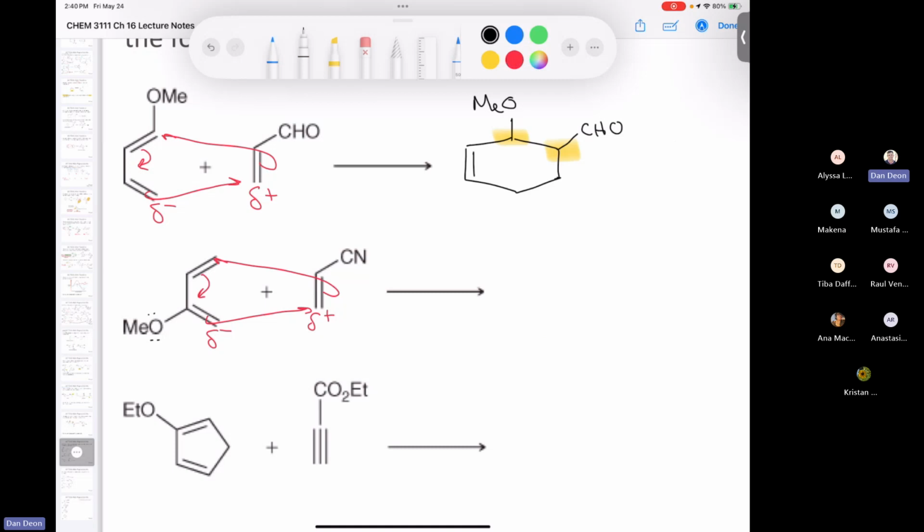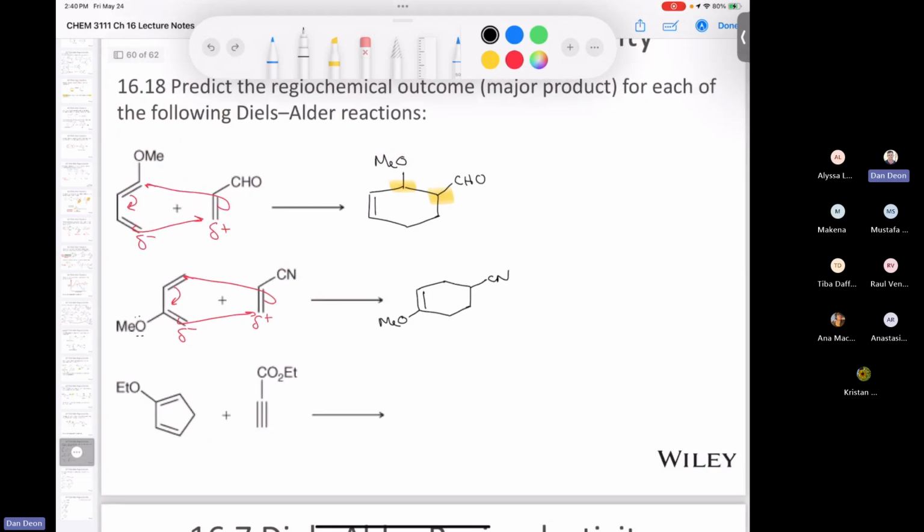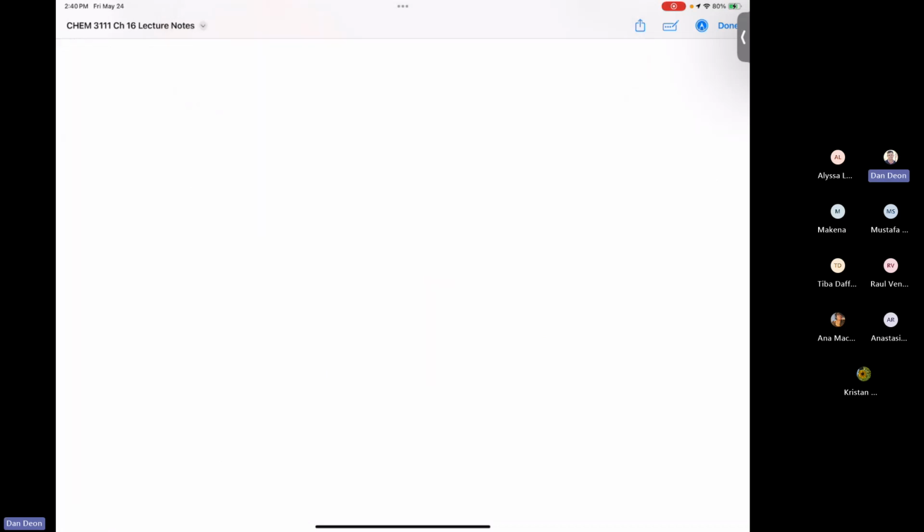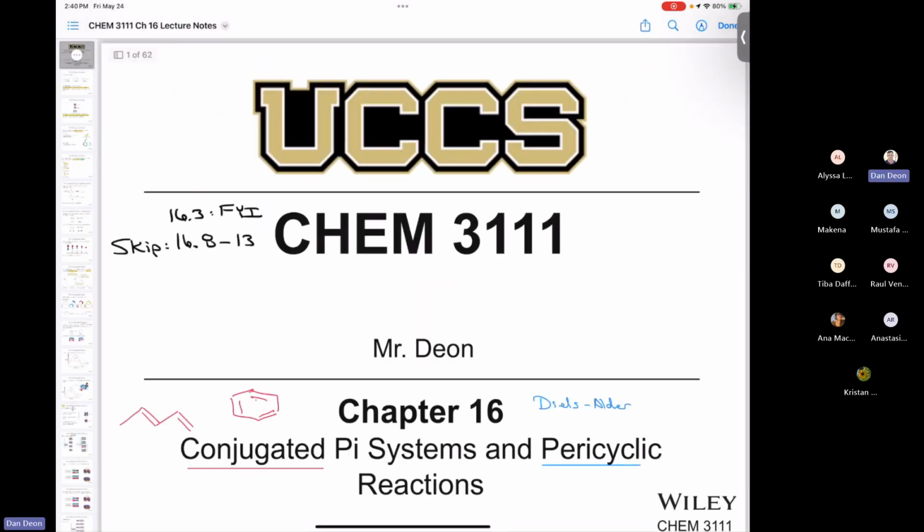And then we can draw our product, which looks like this. We have our methoxy group over here, and then we have our nitrile here. Again, yes, there's a stereocenter right here in the compound. Don't worry about it. I'm not going to ask you, is this racemic or anything like this? The next one, again, in the same vein, if I put in my lone pair,